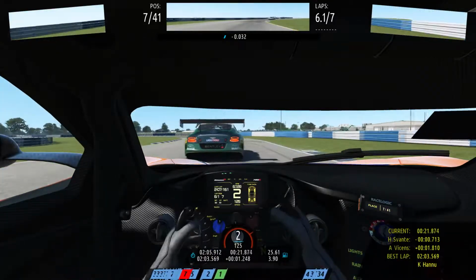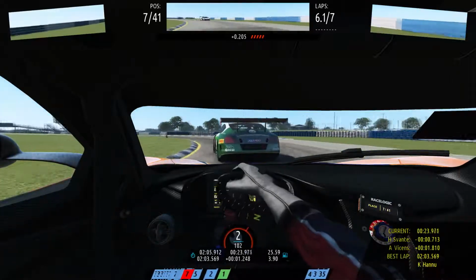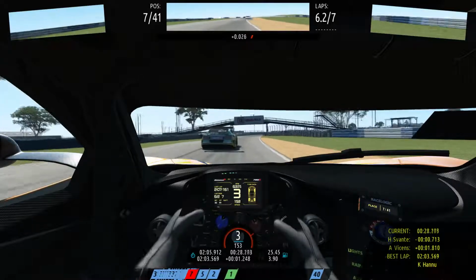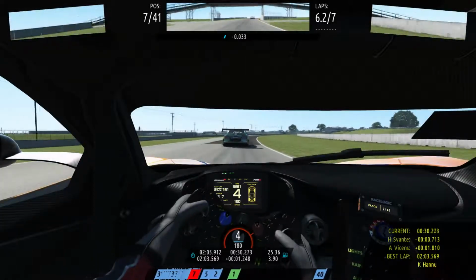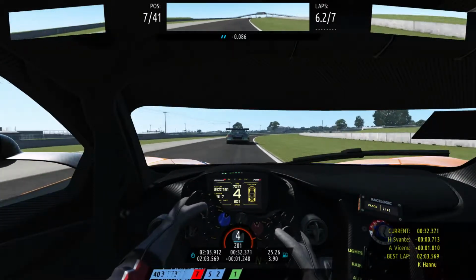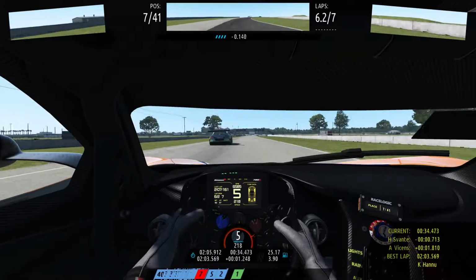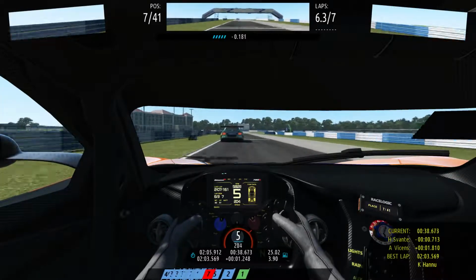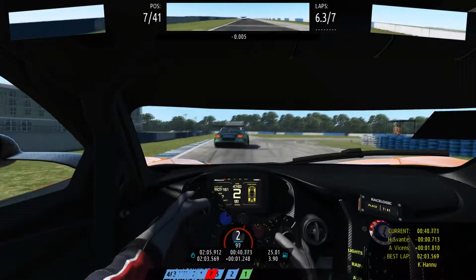We're gonna try and find some spaces, try and complete a move now onto the final lap, and finish actually 6th and gaining a lot of positions into that race. It's going to be an incredible race. I think we're going to be gaining something like 36 positions or something like that if we make the move stick. But yeah, so far so good, really good race, and if we can also complete this move into the